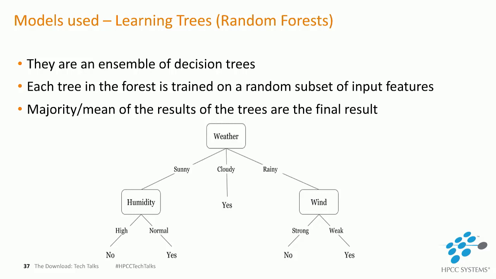Now in a task of classification, what we do is we get the classification of each decision tree, put it to a vote, and the class with the highest number of votes is the ultimate classification. Now coming to regression, you'd probably consider taking some kind of average of all the outputs and get a final output. So this is how random forests work.